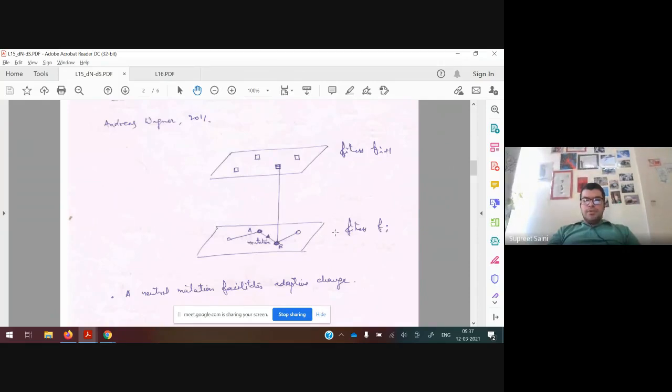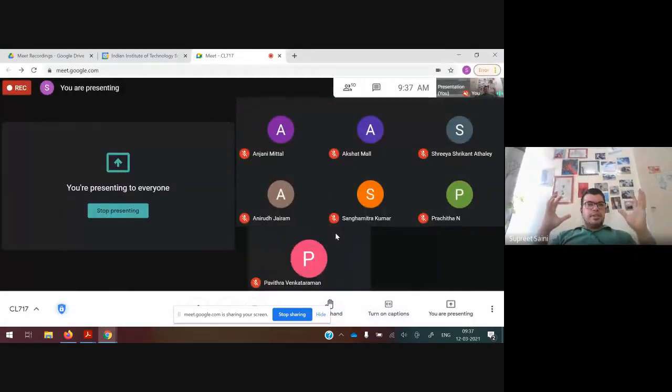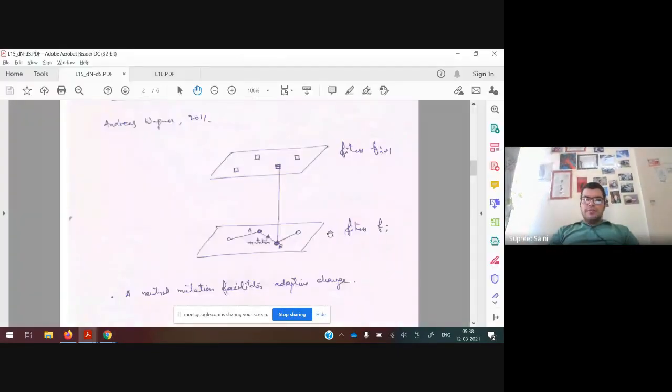Consider a fitness landscape. But we are not looking at the entire fitness landscape. We are just looking at a very, very small part of it. In this small part of the fitness landscape, there are two consecutive fitness levels. One is Fi, and the other one is Fi+1, which is greater than Fi. At the level Fi, there are a few sequences whose fitness is Fi, and at level Fi+1, again there are a few sequences whose fitness is Fi+1. The population currently is at fitness level Fi, at sequence A.